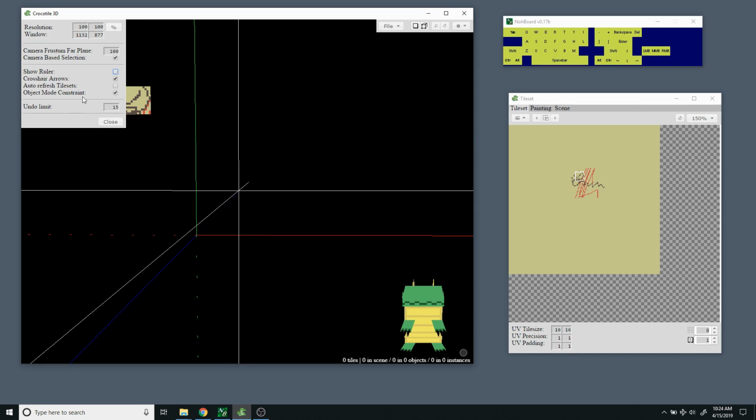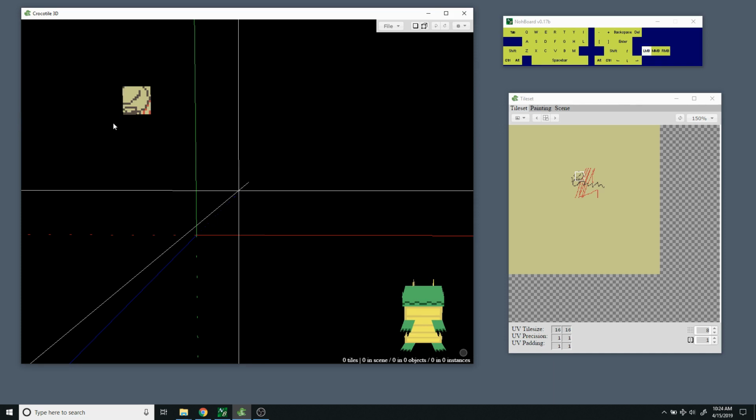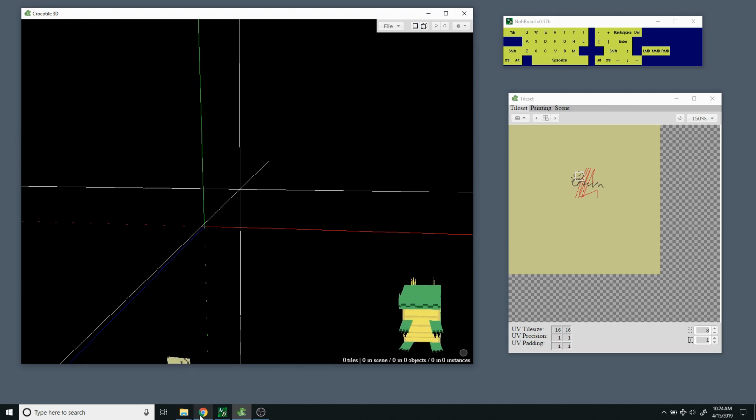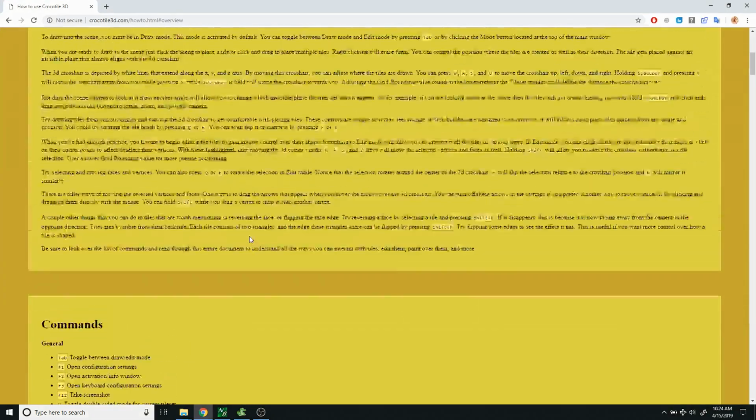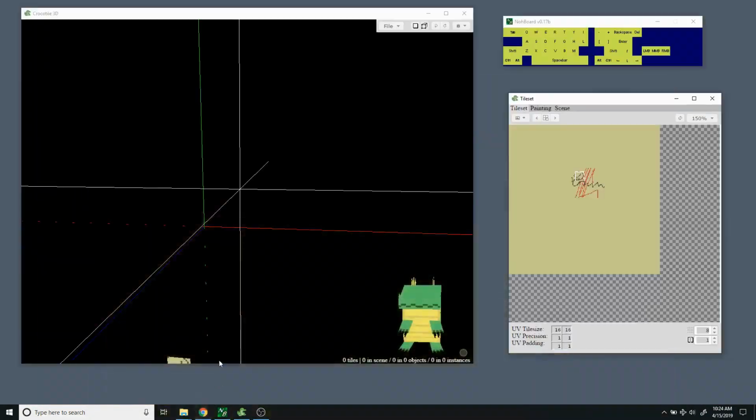So, and there's also an object mode constraint, but all of this stuff is explained in here, and there's quite a lot to go through, so I'm not sure if I'll cover everything in this video. I only have a limited amount of time. I might make some more videos after this, but